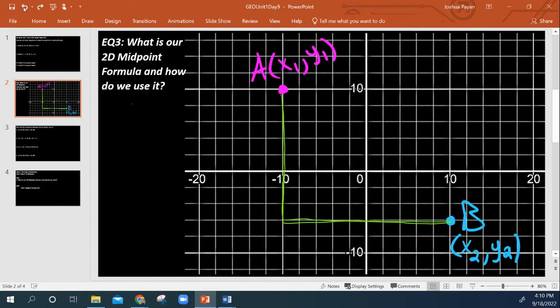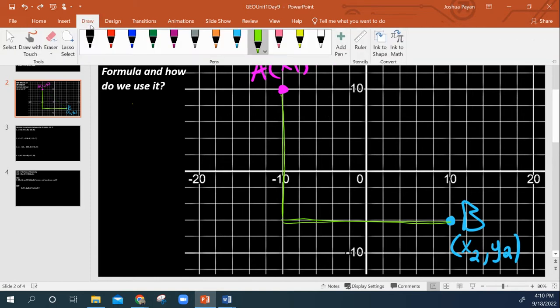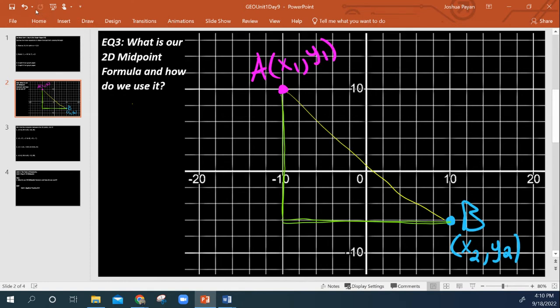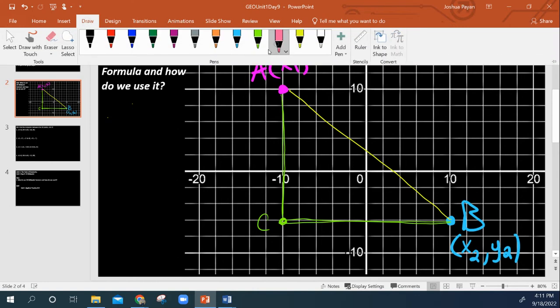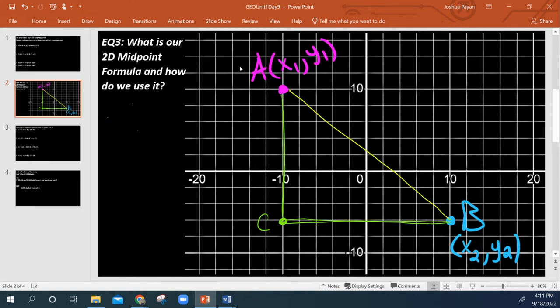That's no problem. But what if I wanted to know not the distance between them, but the point halfway between them on a two-dimensional path like so, right? So here in a two-dimensional coordinate plane. Okay, so that's easier said than done, but once we look at it, if we add the third point C right here, and we say point C is